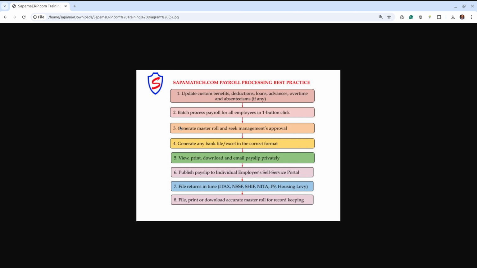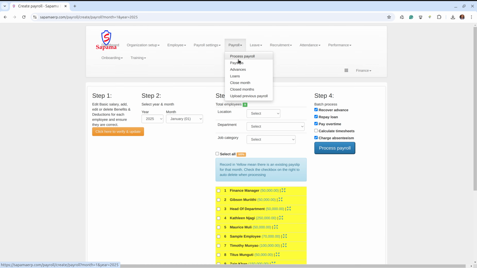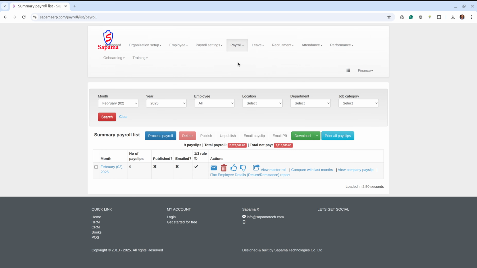Then from this we go to step 4, which is generate a master roll and seek payroll management approval. So after processing the payroll, you'll be interacting mainly with this page of payroll payslips. This page has all the information that you need after processing payroll. So here under actions, you can see view master roll. This master roll will show us